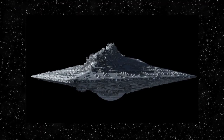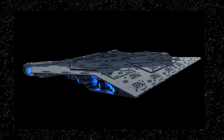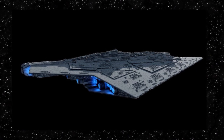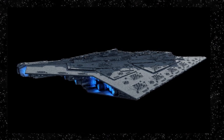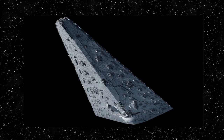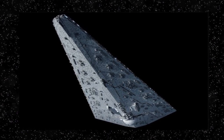With a similar appearance to the Executor Class Dreadnought, the Assertor Class Dreadnought had a sharp arrowhead-shaped hull and stood at a staggering 15,000 meters long to completely eclipse any Star Destroyer classes within the Imperial fleet. It was the joint 3rd longest dreadnought commissioned by the Empire during its reign. At a cost of 1.1 billion credits, it was introduced around 2 years before the Battle of Yavin, and was